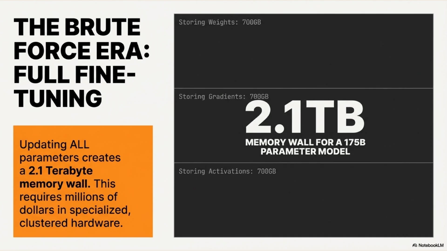When you retrain the entire model on your narrow dataset, the model becomes so focused on your specific domain that it begins to degrade at general language tasks. You've over-specialized your athlete to the point where they've forgotten how to run. Full fine-tuning is powerful, but for most enterprises, it's simply not a viable option.